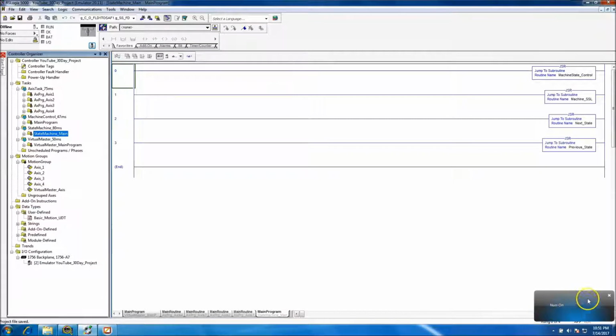Okay, so this would be picking back up where we left off from day 4. This is day 5 of the 30-day project that we're doing for the motion controls of the state machine. And we're going to have this tied in. This is start from scratch, full machine. Basically, you'll be able to start it from the HMI, where the HMI system we're going to be using is FactoryTalk Studio RSE 7.0. Without further ado, if you want to go back through what we've done before, I'll have videos 1 through 4 in the show notes below, but we'll go ahead and carry on